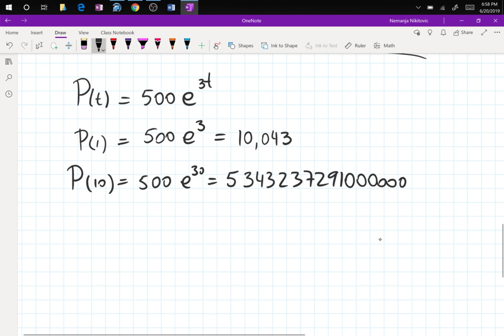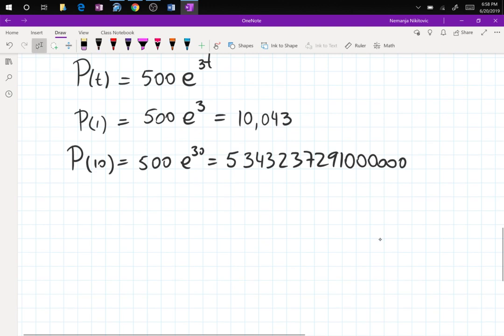Now, enter calculus. Calculus can answer a lot of stuff for this, and we are going to have in Calculus 2 an entire section that deals with this. But now it's worth mentioning that you can differentiate this, and you will get 1500 e to the 3t. Now this formula will tell you how many new rabbits you add in a particular year you are interested in. So now you can calculate the amount of new rabbits